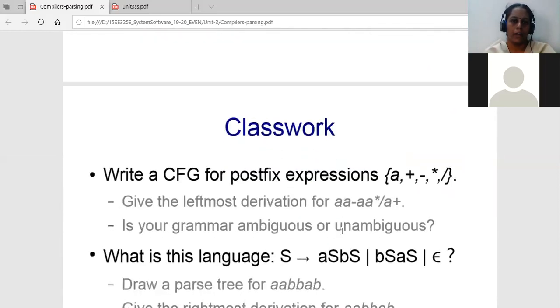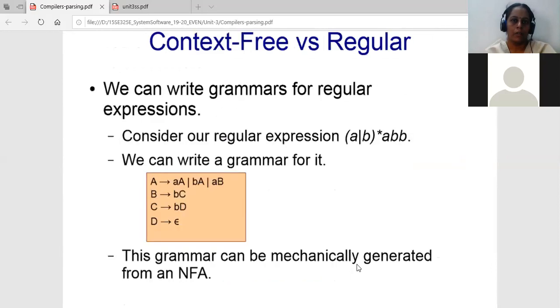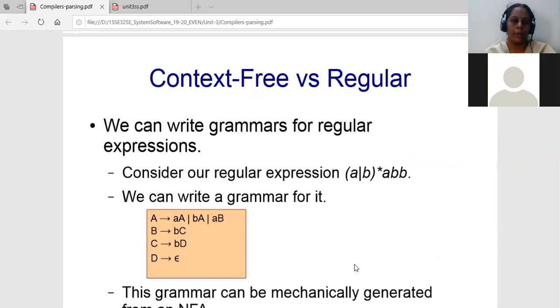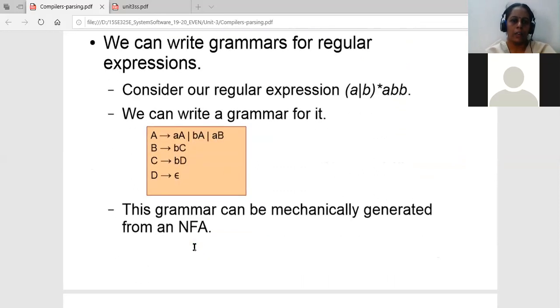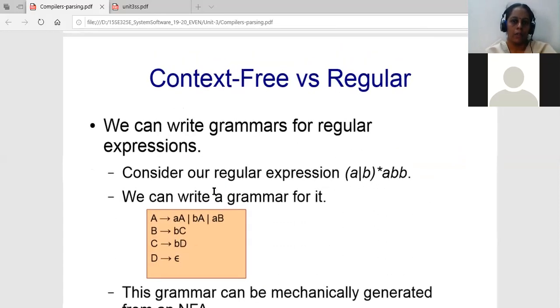And then we have context free versus regular expressions. Okay. So this is your regular expression, and this is your